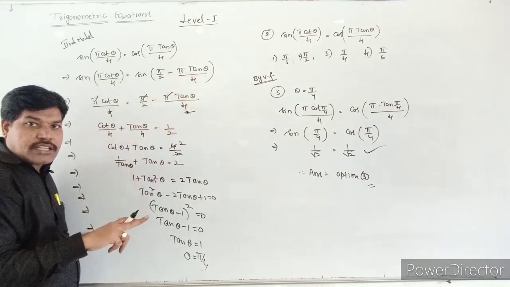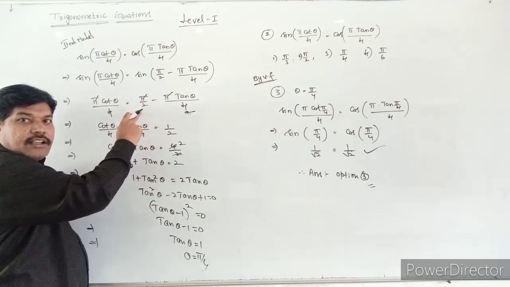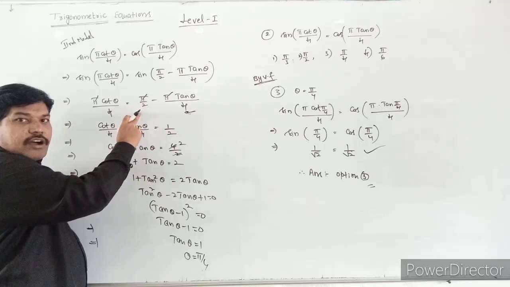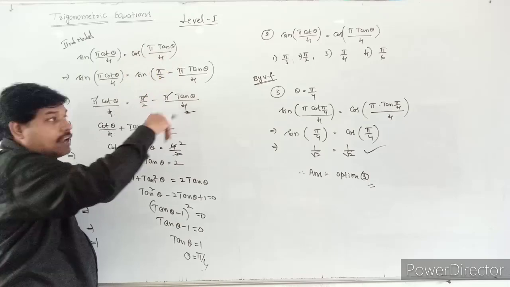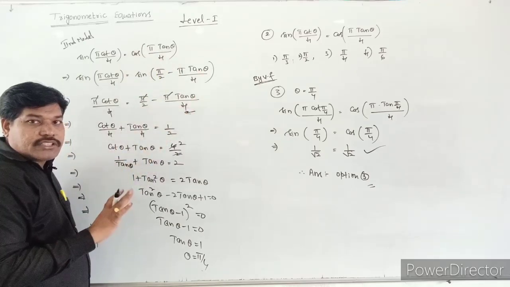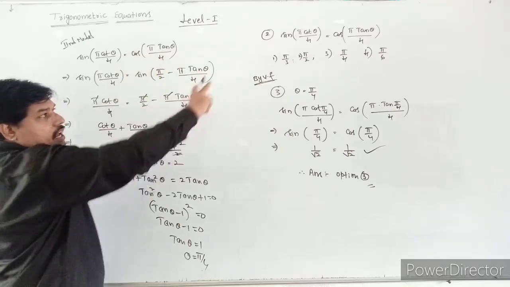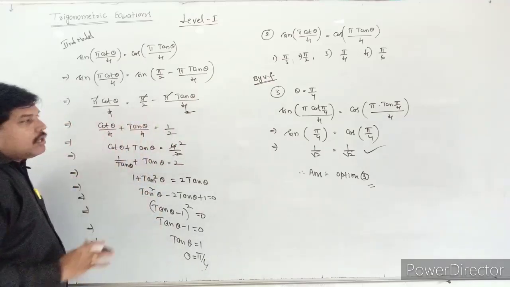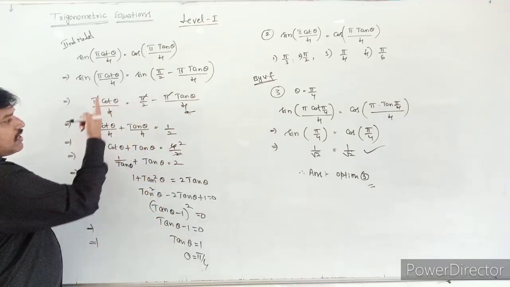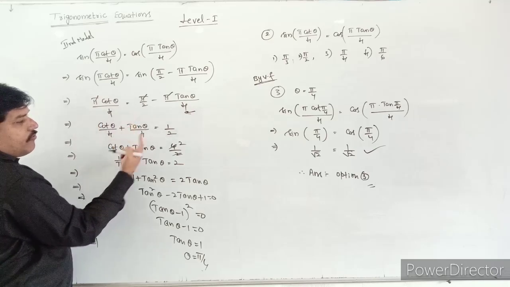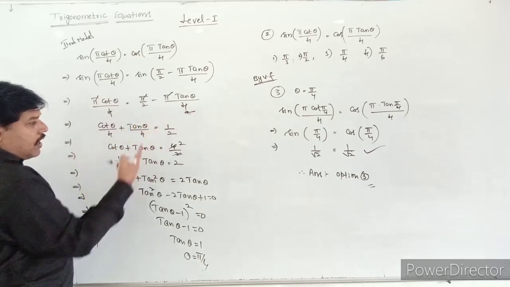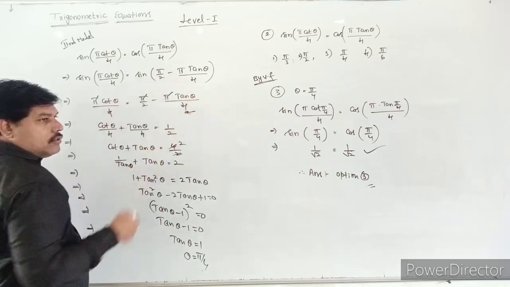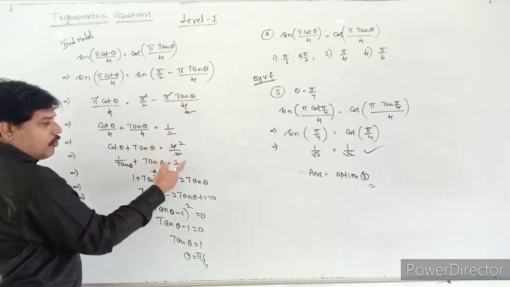If the general solution is asked, I don't take like this one. I will take sin theta is equal to sin alpha form, n pi plus or minus 1 power n into this value. In this question they will not ask like that. They are asking the particular solution, that is the principal solution. So that's why I am taking like this. So cancel the pi and we will get cot theta by 4 plus tan theta by 4 is equal to 1 by 2. And take the 4 LCM and take that to the RHS side, it will become 4 by 2, it will become 2.